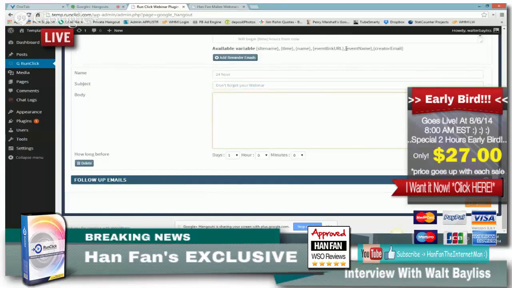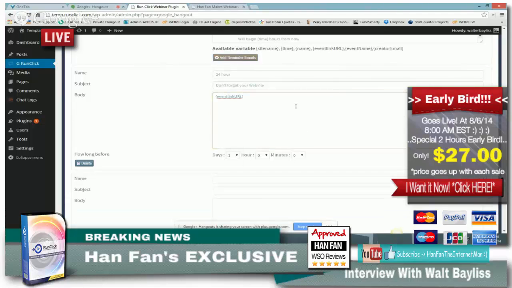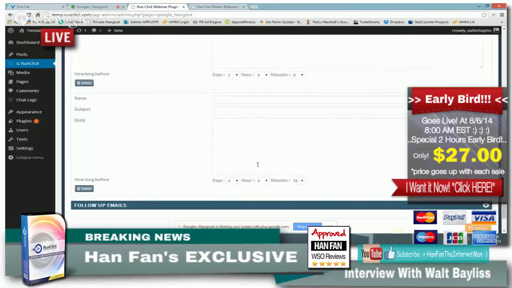And I can include the link that they need to go to at that time. So I just copy that in and put that in. That'll send this automatic email to them one day before the event. And I can keep adding. So maybe I also want to remind them at 24 hours, at 1 hour, at 30 minutes. So the automated system will follow these people up and make sure that they come to the event.